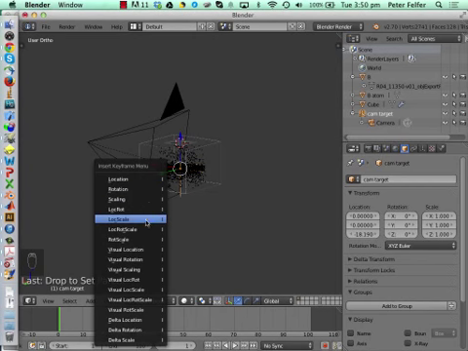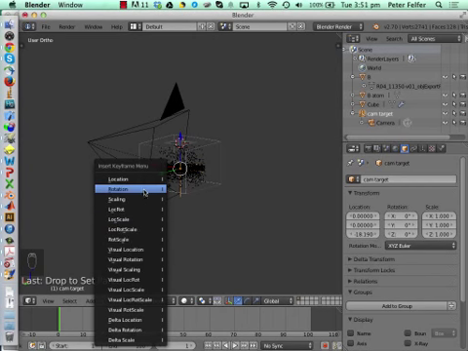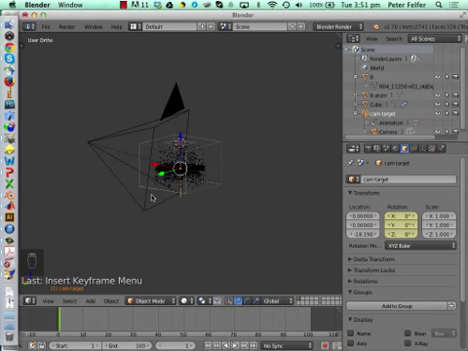So a lot of people have the habit to use location, rotation, scale keyframes for everything. This just leads to very cluttered motion curves. Later you'll see what a motion curve is. So if you only want to animate rotation, just click rotation. If you only want to animate what the location of the object is, just click location. So we've inserted a rotation keyframe,